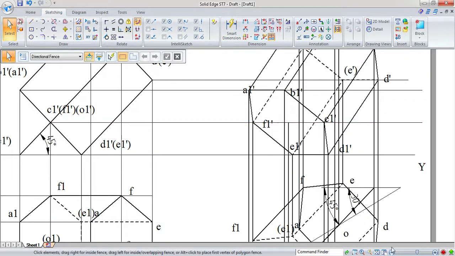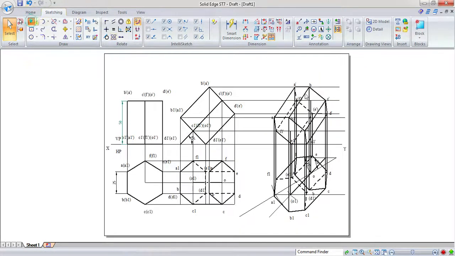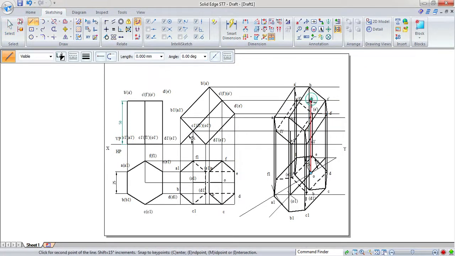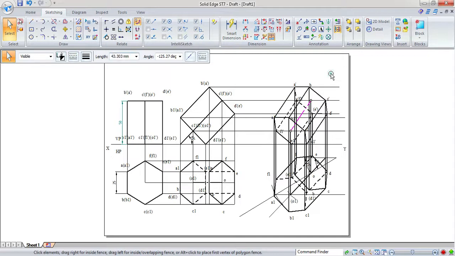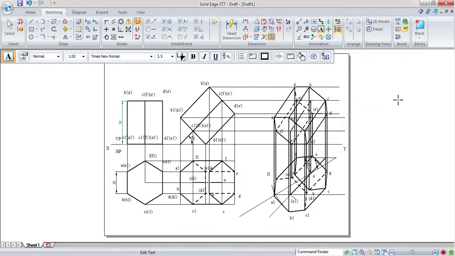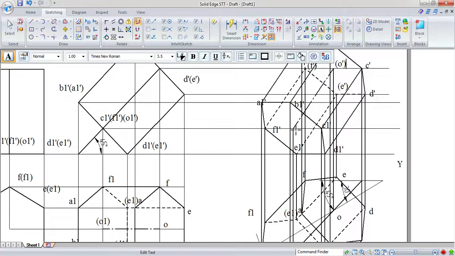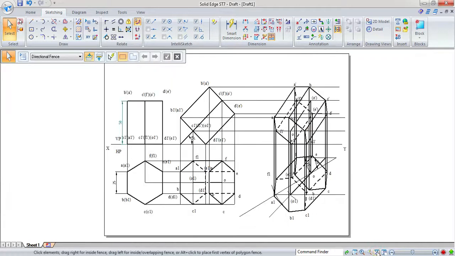Now we need to connect from O to O1, which is nothing but an axis line. Make it an axis line and then go for the annotations, and here again O is not visible, that's why I write it within the bracket, and finally the O1 dash will be here. Good. So this completes your solution.